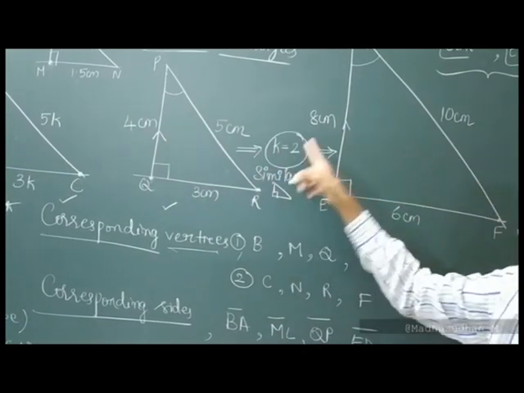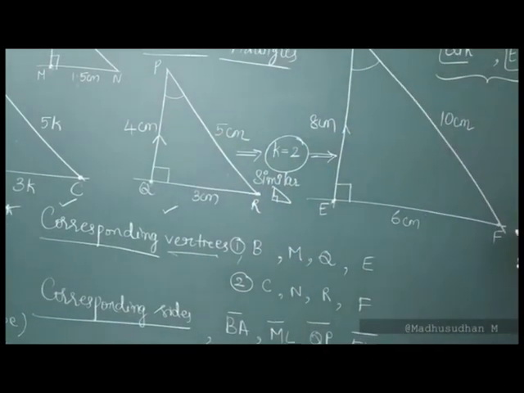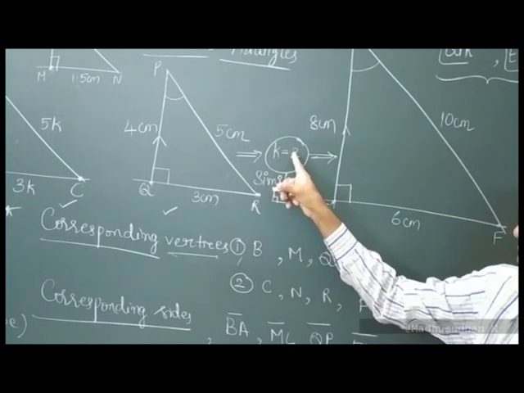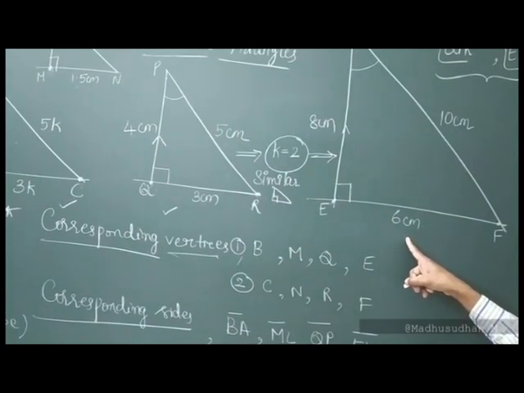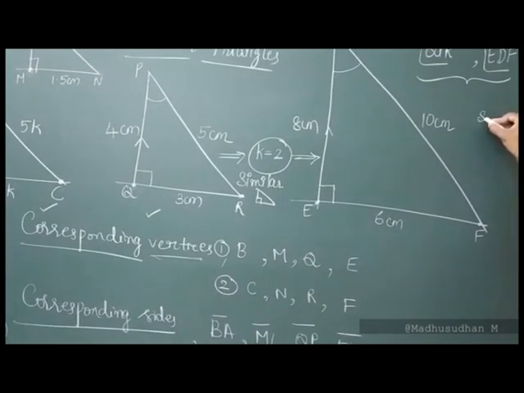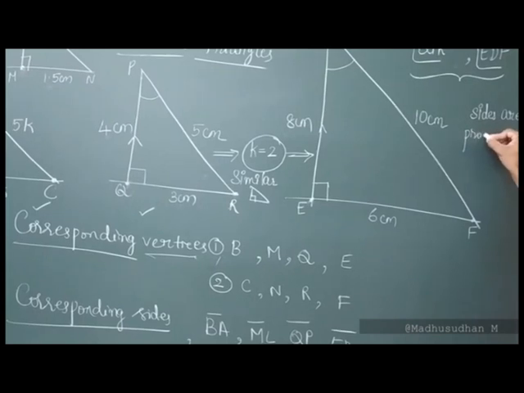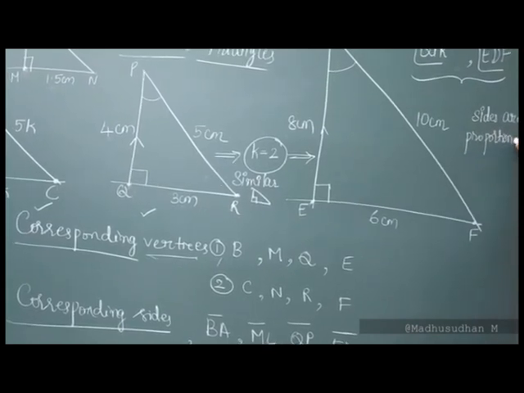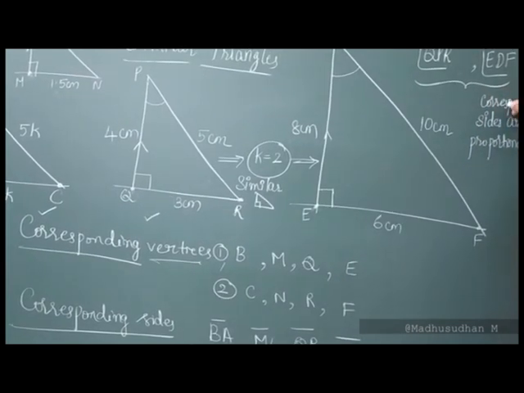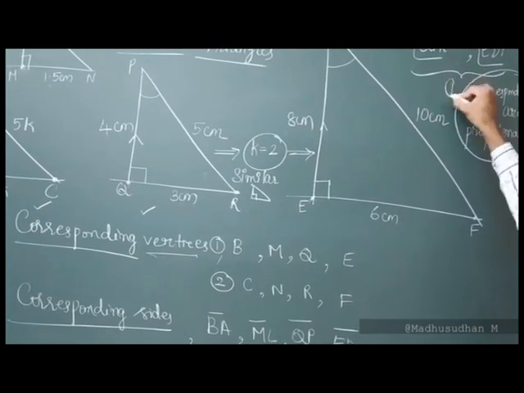So for 2 sides 8 here, 5 corresponding length, this is a corresponding length, 5 to 10 centimeter. Then 3 to 6 here. Therefore I can say that these two triangles are similar triangles, sides are proportional. So which sides again? Corresponding sides. So this is a very, very important note here. Corresponding sides are proportional, 1 point.